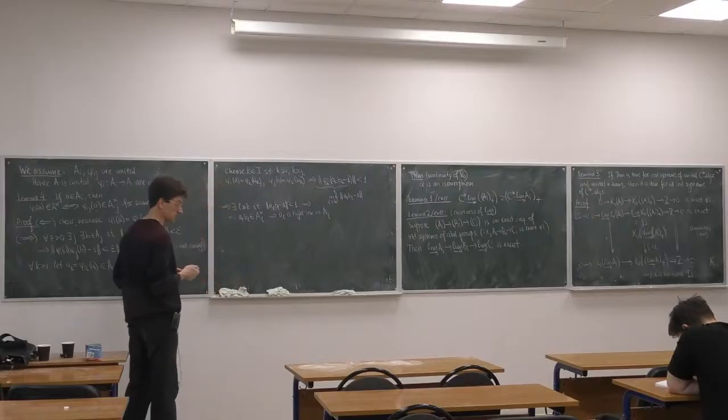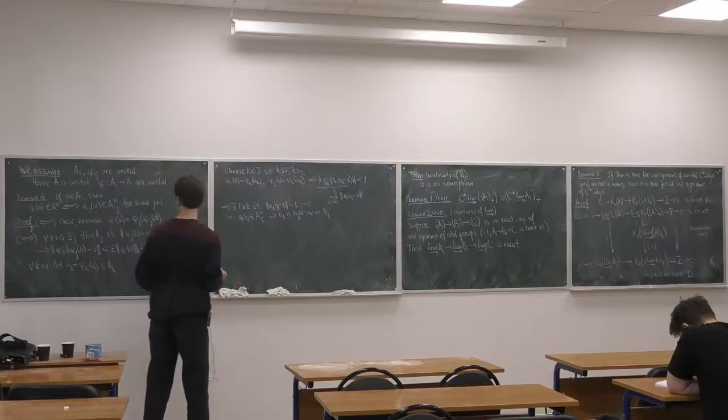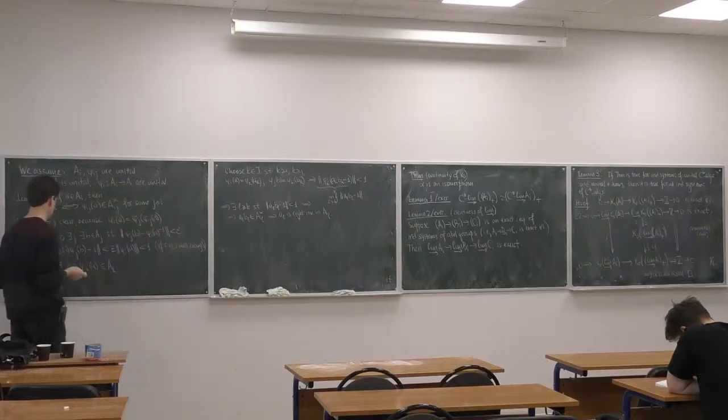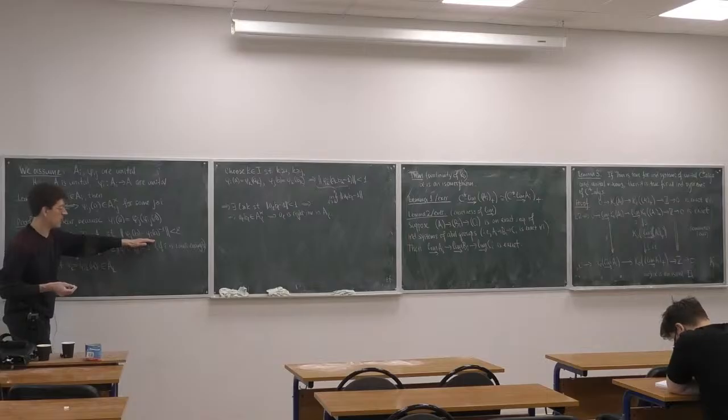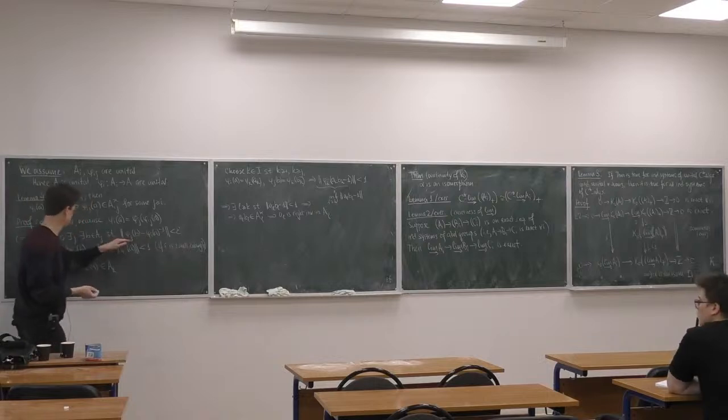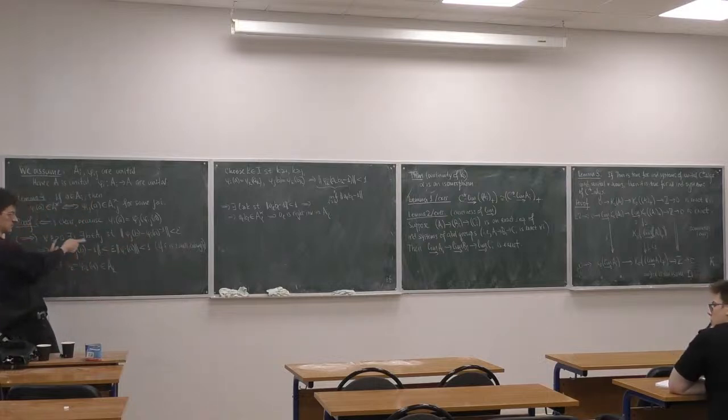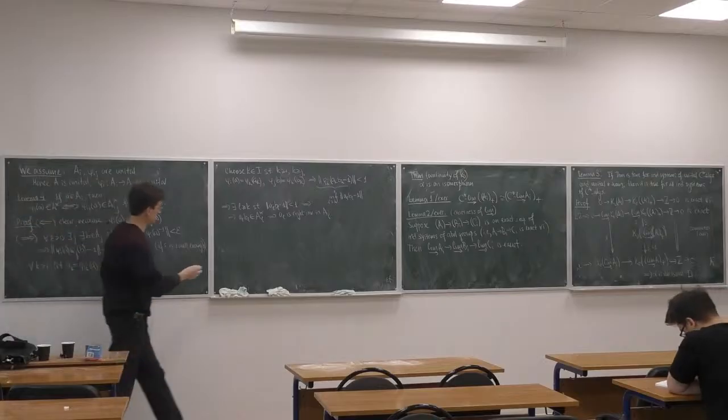Well, we want to make it invertible, but we can now repeat the same procedure by multiplying this inequality on the right. So here we multiplied it on the left by phi I of A. We can multiply it on the right. So these two will be interchanged. And a similar argument shows that